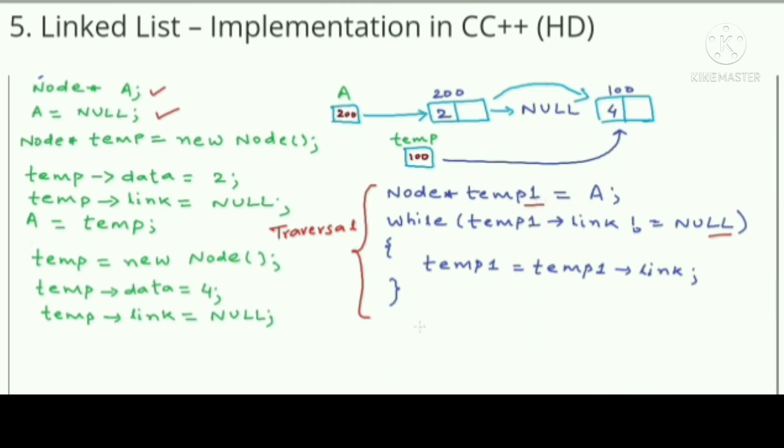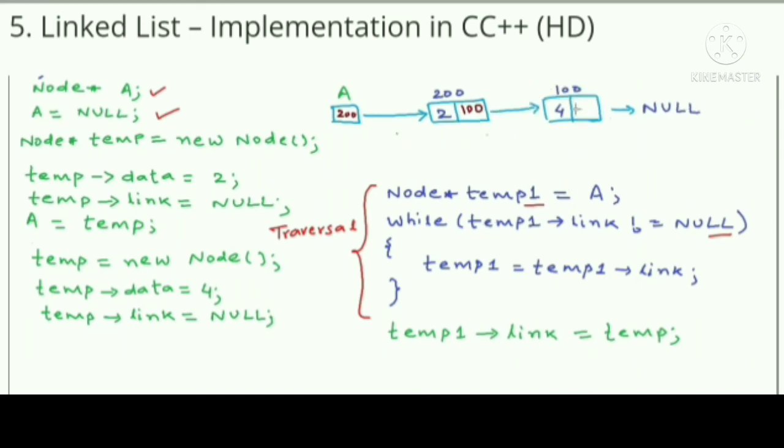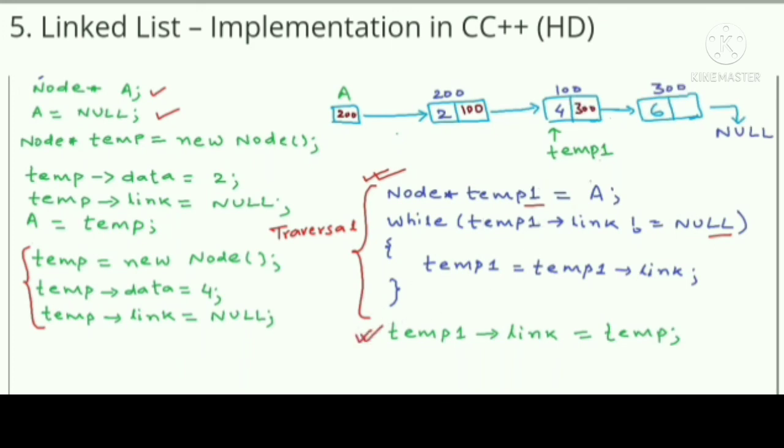So finally, after all this, we will write a statement like temp1.link is equal to temp. Temp1 is pointing here. So now this address part is updated and this link is built. So we have 2 nodes now in the list. Once again, when we want to insert the node with number 6 in this list, we will have to create a new node by this logic. Then we will have to traverse the list by this logic. So we will point temp1 here first, and then the loop will move temp1 to the end. Let's say this new block is at address 300, so this last line finally will adjust the link of the